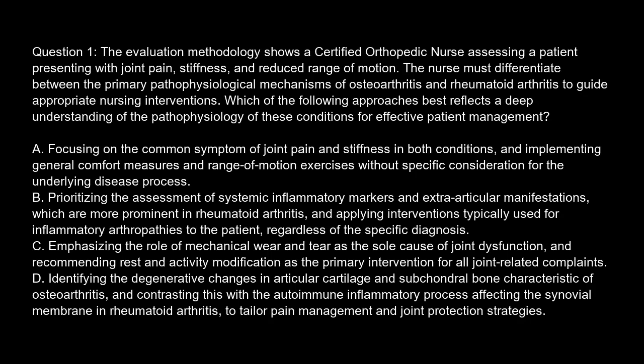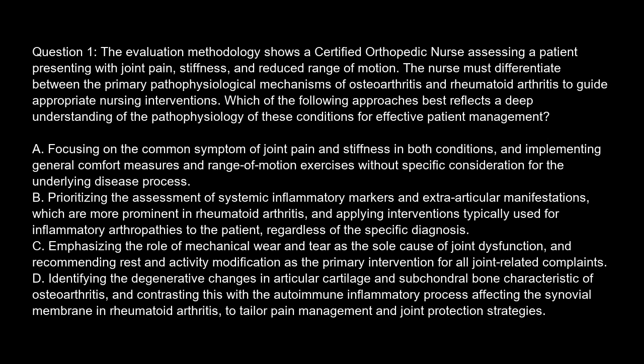Question 1. The evaluation methodology shows a certified orthopedic nurse assessing a patient presenting with joint pain, stiffness, and reduced range of motion. The nurse must differentiate between the primary pathophysiological mechanisms of osteoarthritis and rheumatoid arthritis to guide appropriate nursing interventions. Which of the following approaches best reflects a deep understanding of the pathophysiology of these conditions for effective